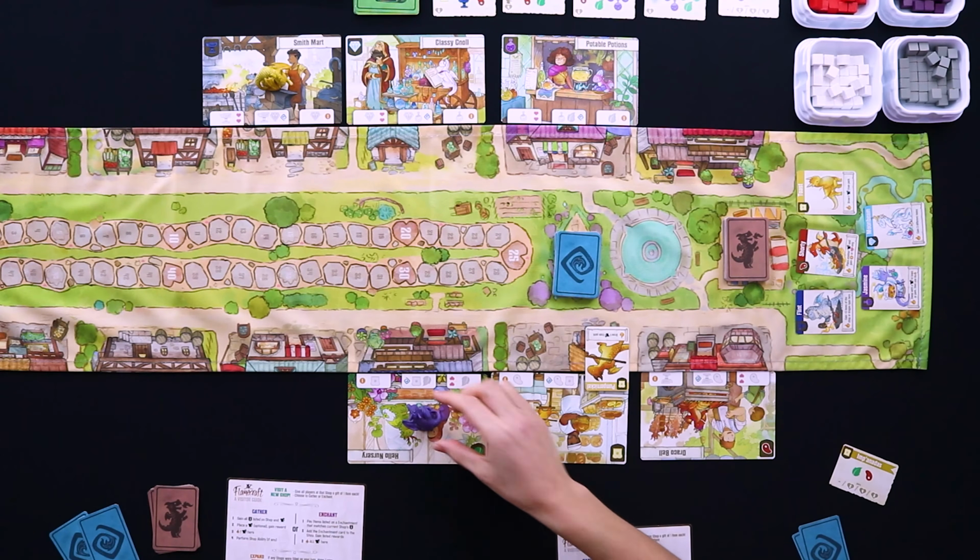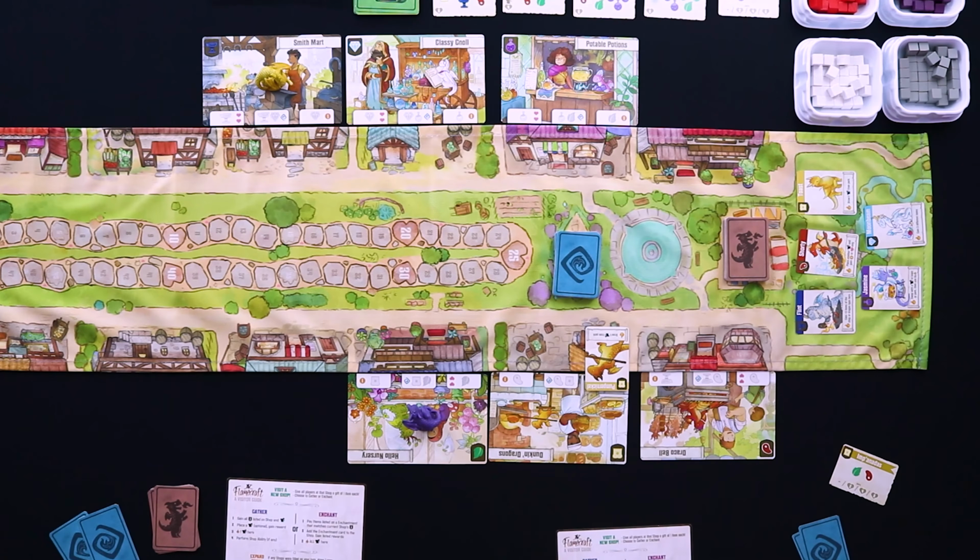So what you're going to be doing when you gather is getting all of these resources, bringing them in, doing actions. Sometimes those actions allow you to get more resources. And then the other option, instead of gathering, is I might go to another shop, and this time I want to enchant. Now, when you enchant, that is basically saying that you want to fulfill an objective card. The objective card has to match the symbol on the shop, and then you will place it or slide it under the shop, and it